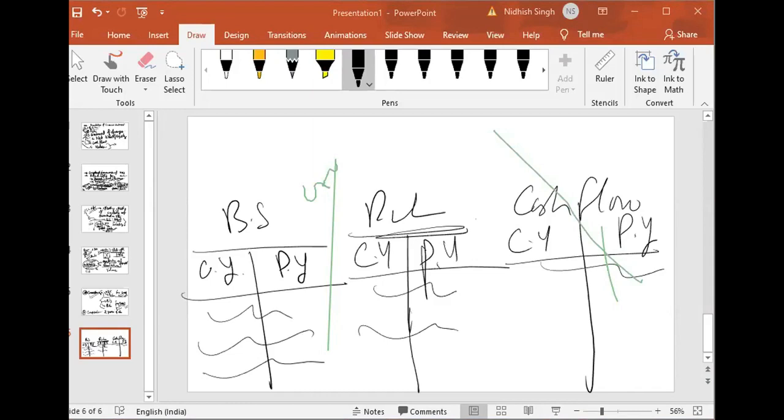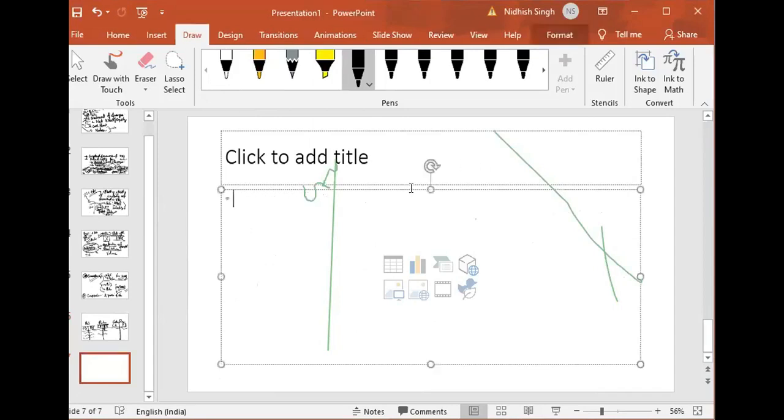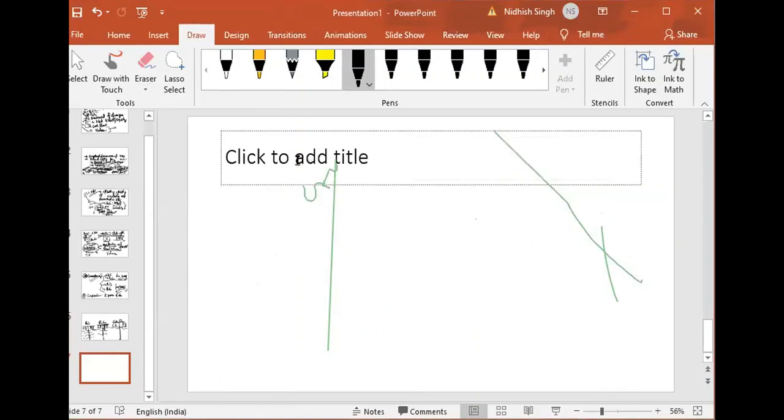We need to disclose that information. What is the reporting date? Generally, it can be 31st of December or a different date based on the local financial year. So we need to talk about what is the reporting period of that financial statement. For example,